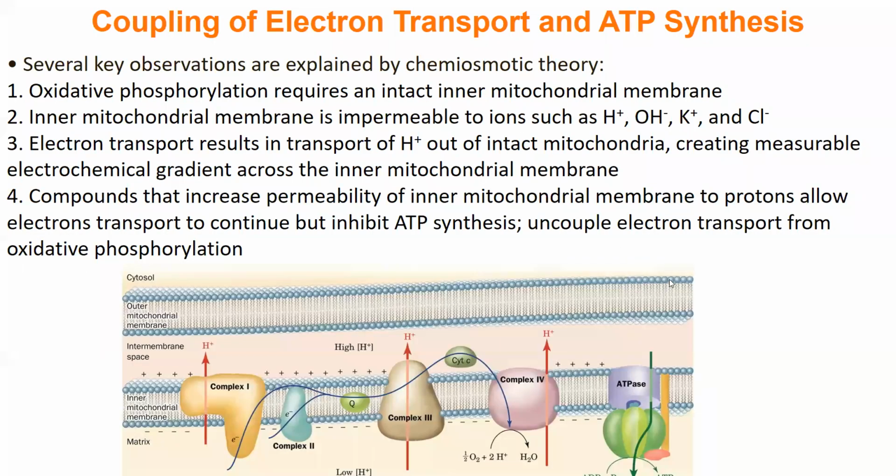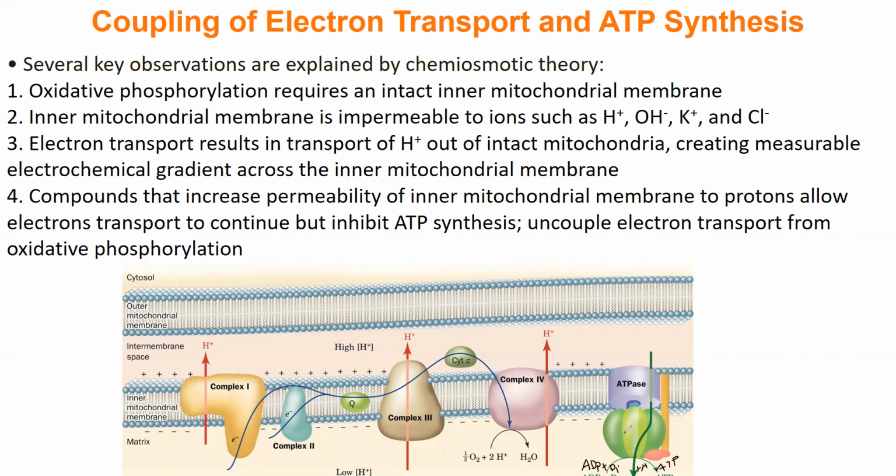So overall, that's the whole reaction right here. And I'll rewrite what it says in green. ADP plus Pi goes to ATP, moving hydrogen through our ATPase, which we'll talk about in a little bit here. So just talking about the electron transport chain, this was really discovered through some key experiments